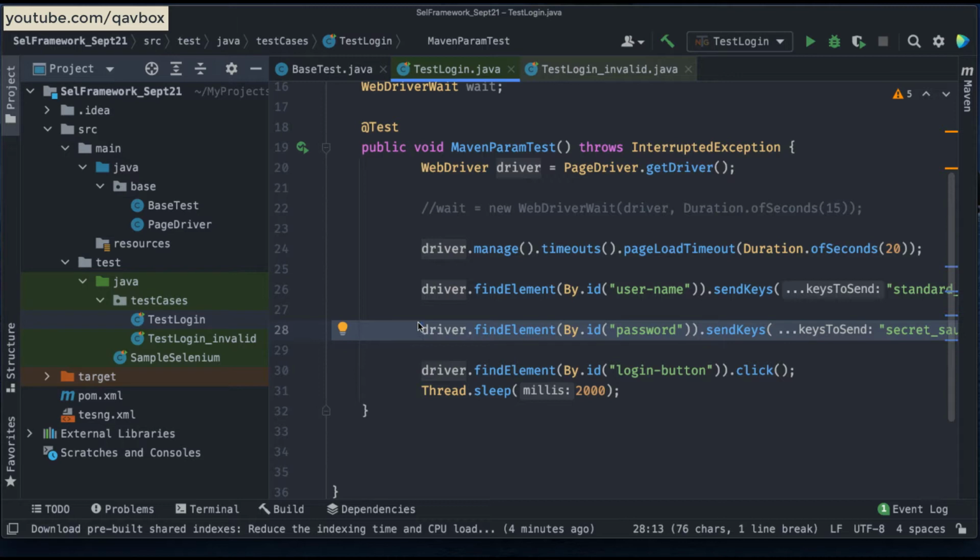So the problem is, let's say your developer changed this password to secure text or something else. Now you need to identify in how many different test cases you have mentioned this password field, or are locating it. You need to traverse through each file and then change that, which is time consuming. I would say it's not difficult, but it is time consuming. So that is the reason we need to have a better approach.